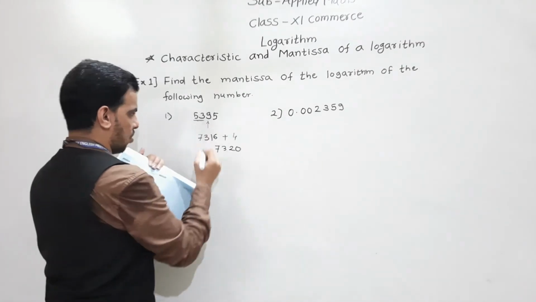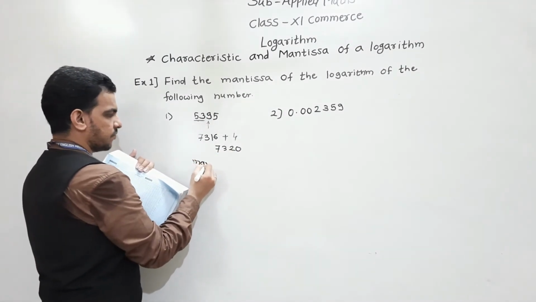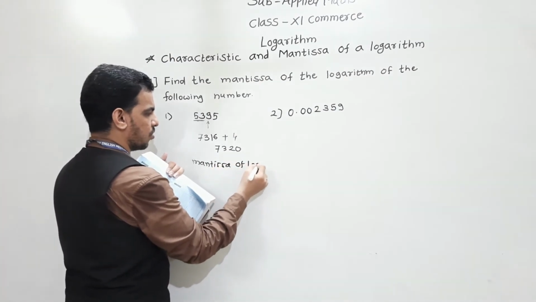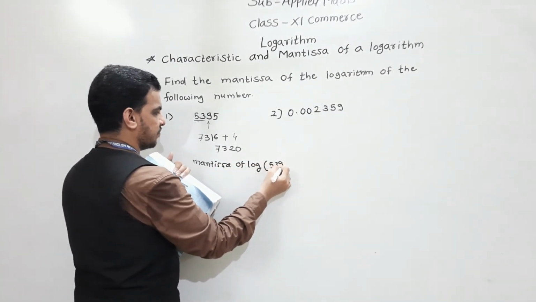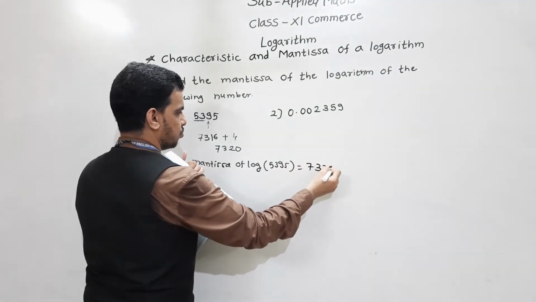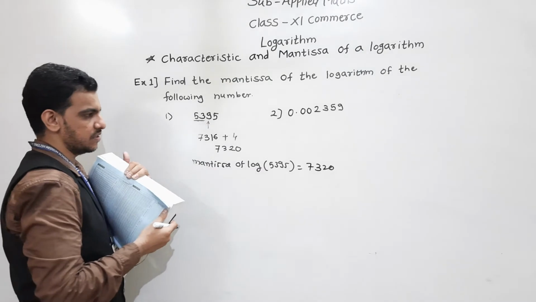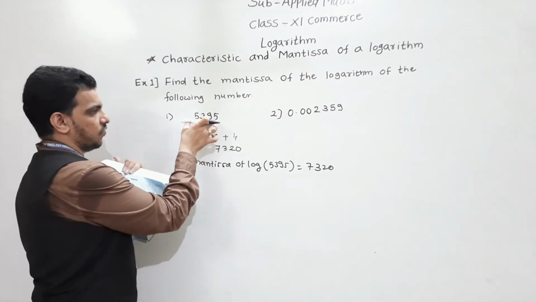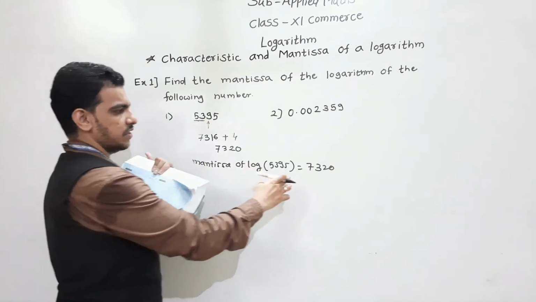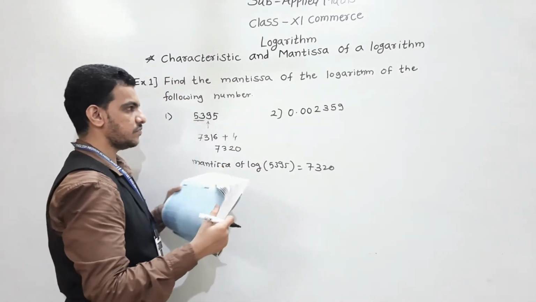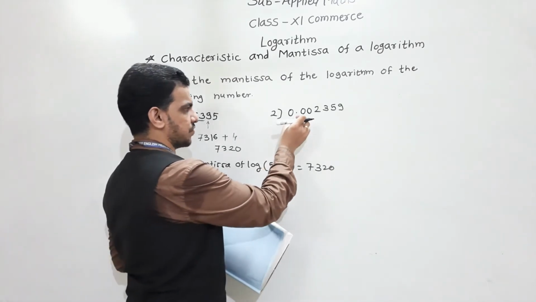Okay, so the mantissa of log of 5395 is 7320. Understand this, how to find the mantissa of the logarithm of this number, that is 7320. Okay, understand. Now if the number is like this way,